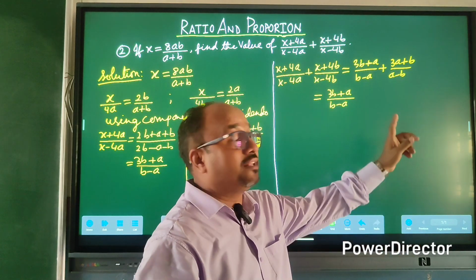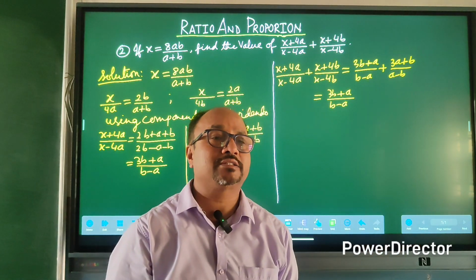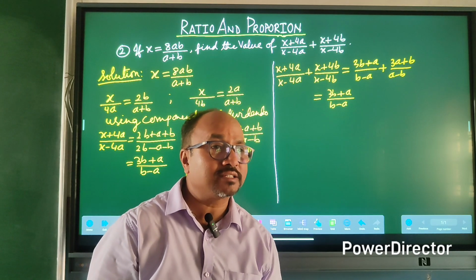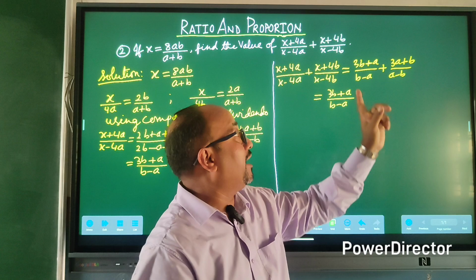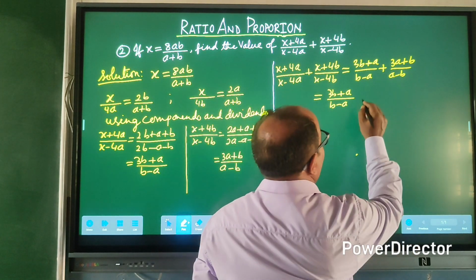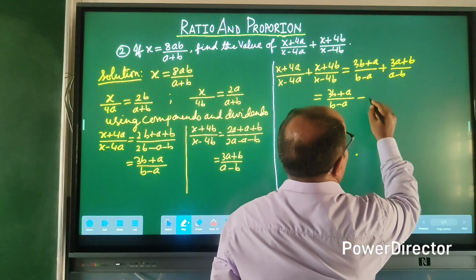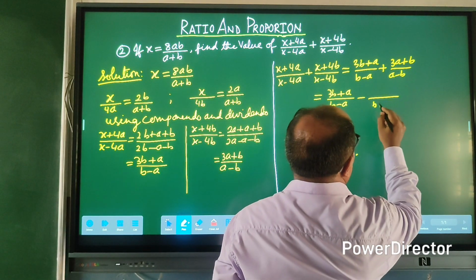Now I want to make this a minus b, b minus a. That can happen only if I take a minus sign common. So that minus sign, if I take common, this will change to plus b and minus a. And that minus which we have taken common multiplied with plus gives you a minus sign. And so you get as a result b minus a,